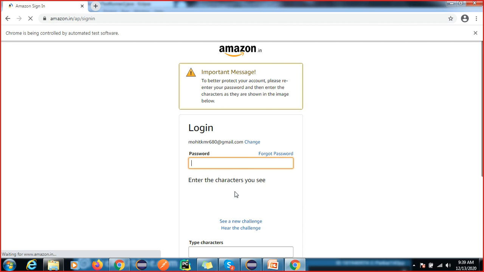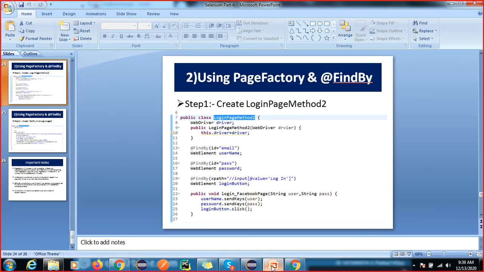Got it, right? The same test cases we have automated using the data provider, then the page object model. Inside this page object model, we have two types. One is your normal approach and one is your @FindBy. So by using two approaches, we can handle all the things, and in real time we are also doing the same thing. We are not going to do anything extra. Whatever we have learned, I have just documented this.